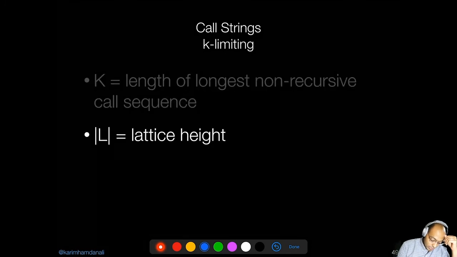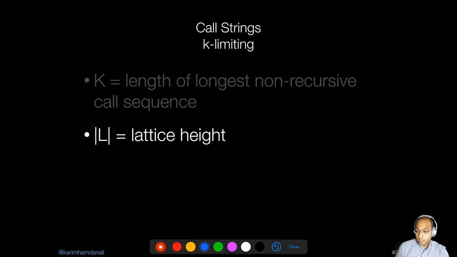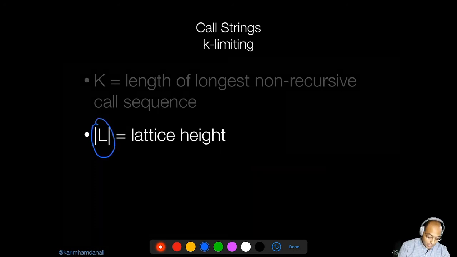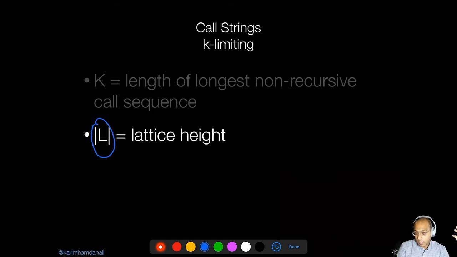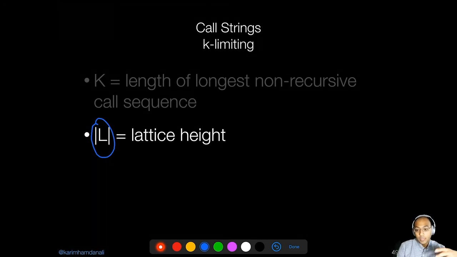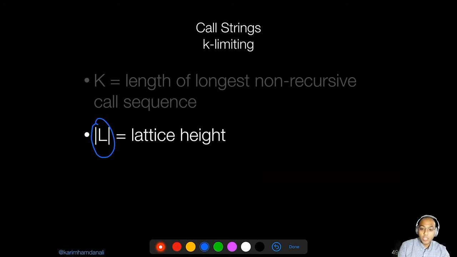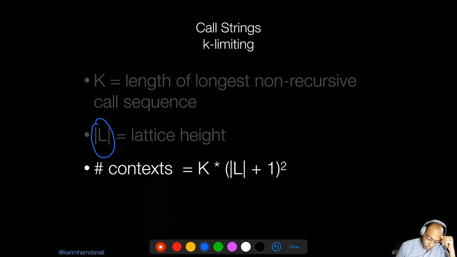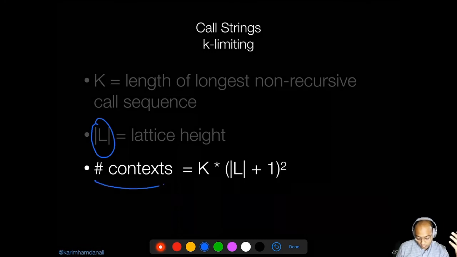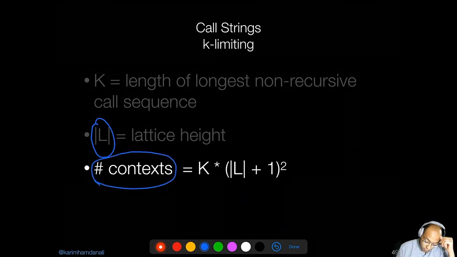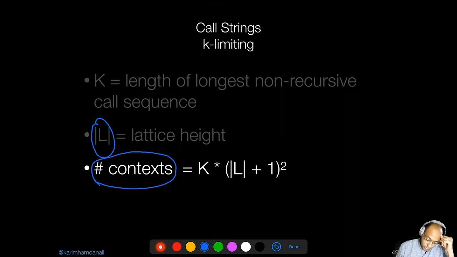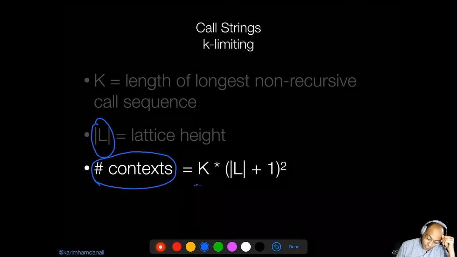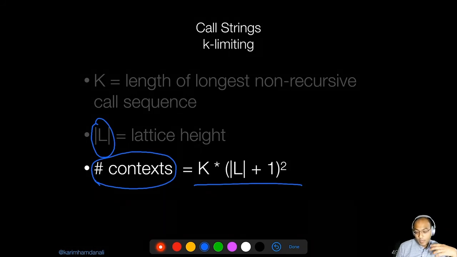So in our case here, if L is your lattice that defines the domain of the analysis, then the cardinality of L, remember, would be the lattice height, which is the length of the longest chain in your lattice. Then the number of contexts that you need in your program to support the longest non-recursive call sequence would be k, which is the length of that non-recursive call sequence, multiplied by your lattice plus 1 squared,